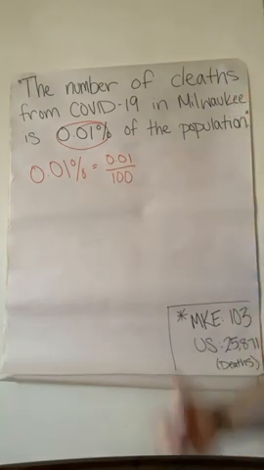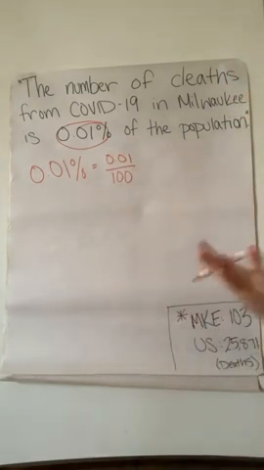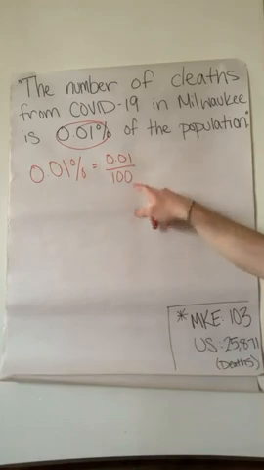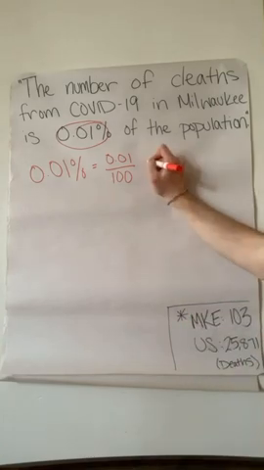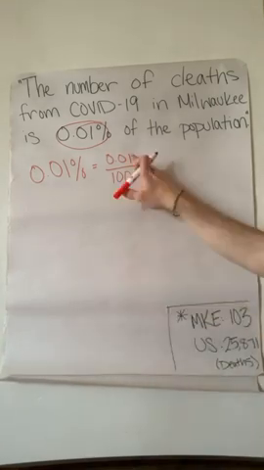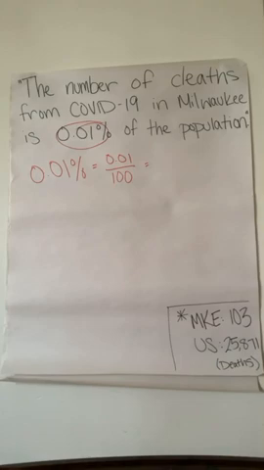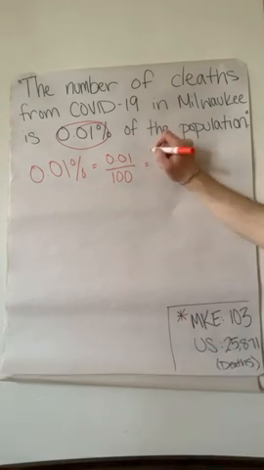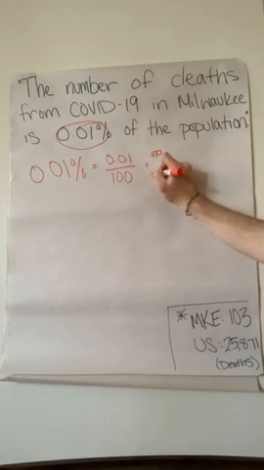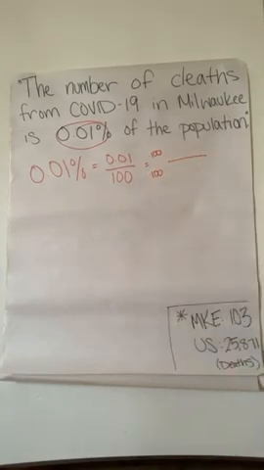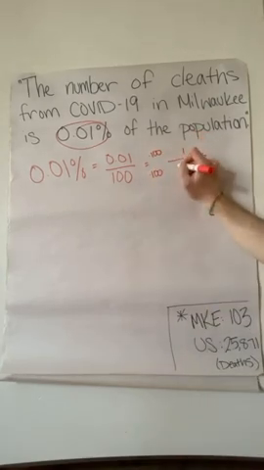Now that seems really minuscule. That's tiny, and it's hard to understand because it doesn't make sense to have a decimal on top of a fraction. So, as you all know, we can change this by multiplying both the numerator and the denominator by a form of 1. If we multiply both by 100,